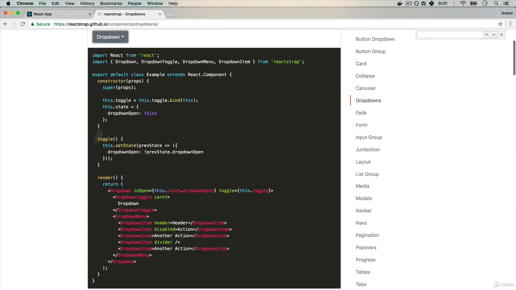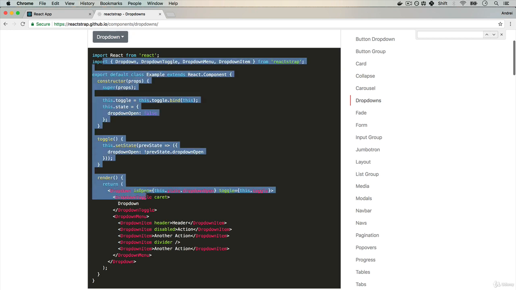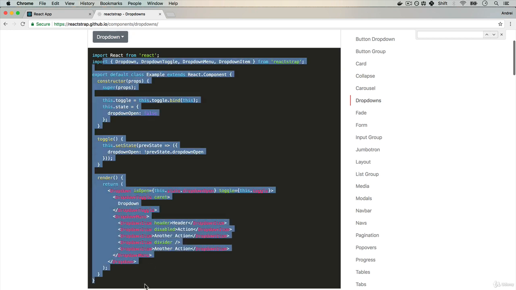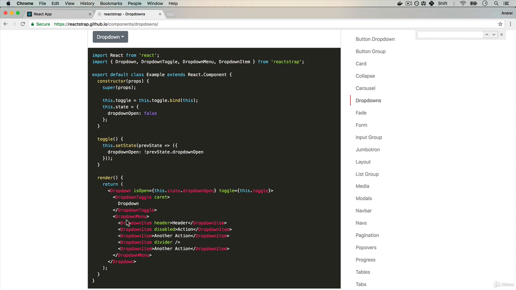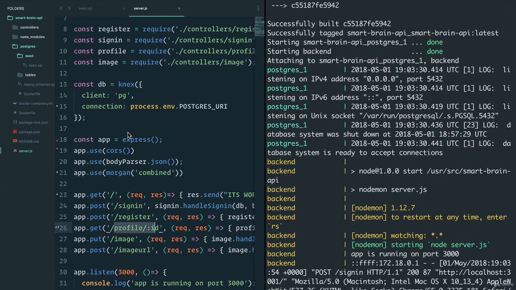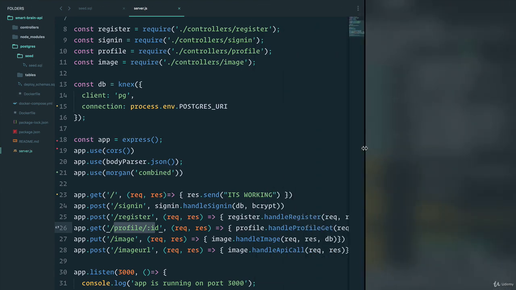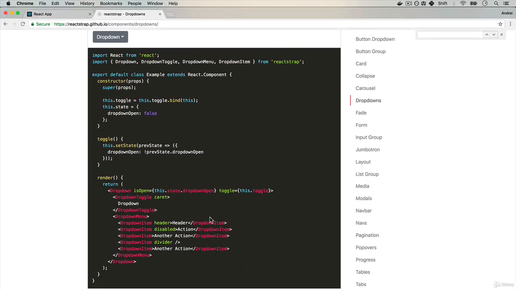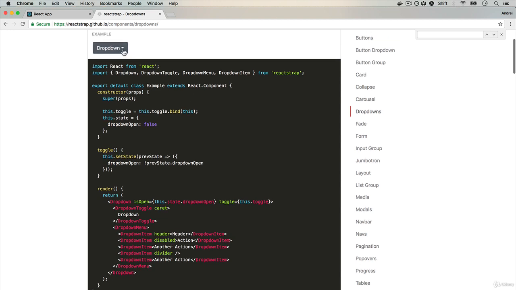And we see that it gives us a nice demo of what we can do and gives you pretty much copy and paste code, which is really, really nice. Now, some of you might be asking, why not just build this out ourselves? One is that, well, it's going to be a lot faster than building it out ourselves, and this is something that we can do fairly simply with some JavaScript and CSS, something that we've already covered before in my previous